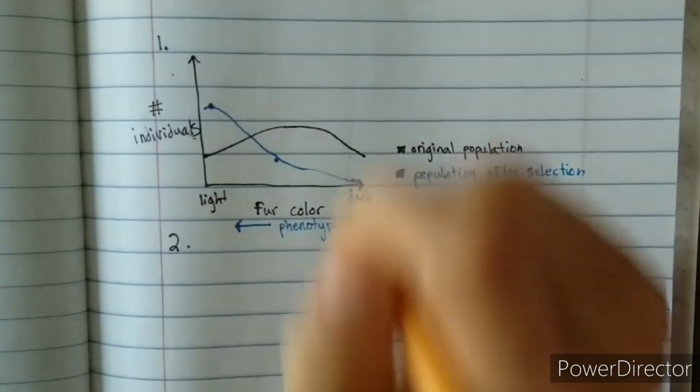This type of selection is called directional selection. The reason why it's called directional selection, you can probably guess, is because the population shifts in one direction. The population is going to be shifting towards one extreme phenotype. So our definition would be selection,